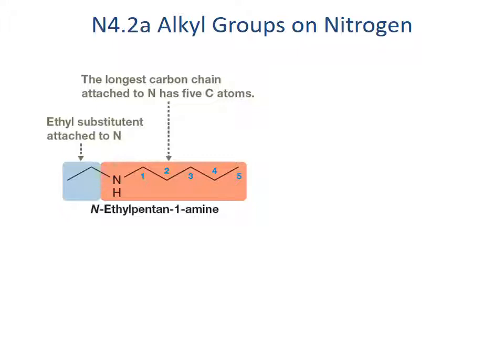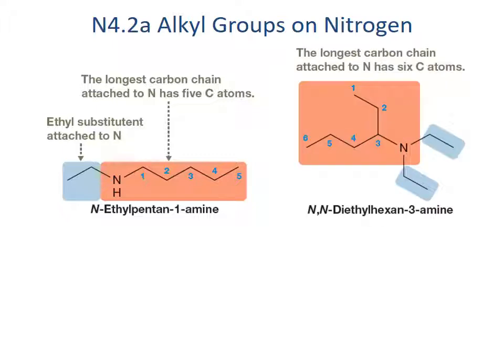Nitrogen, like oxygen, interrupts the carbon chain, so only things on one side of a nitrogen can be considered part of the main chain. However, nitrogen side chains are labeled like all other side chains, except that they're given the letter N instead of a number to indicate the side chain is located on the nitrogen. So in this example, we have the ethyl located at the N position, or in this example, we have NN